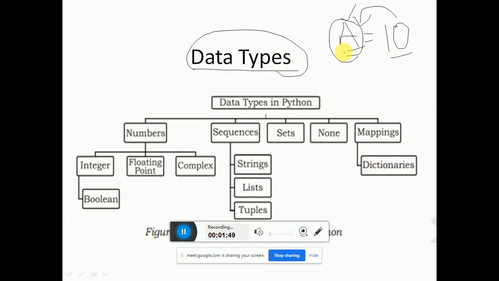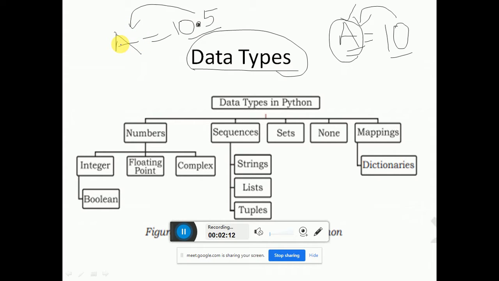When we assign a variable with some value, let me write like this, 10.5, that means this a is assigned with floating data type.